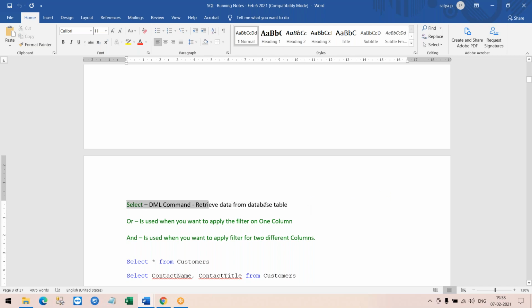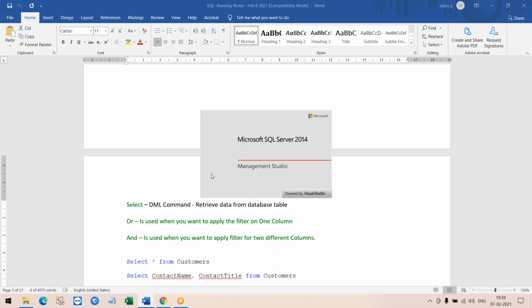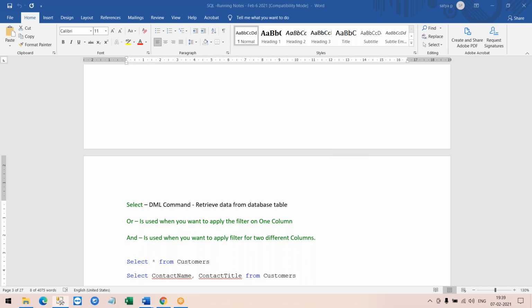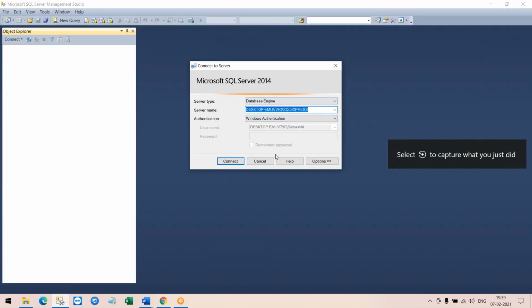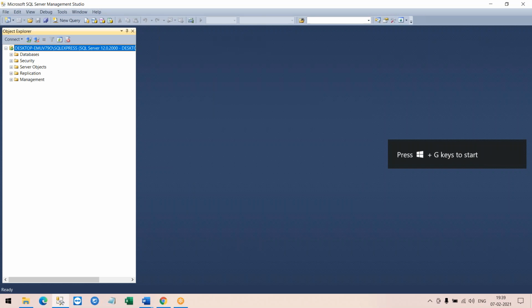So before we run some of the commands, let's connect to SSMS. SSMS is our UI to connect to your database. SSMS stands for SQL Server Management Studio. Now when I connect it, it connects me to the database. See, do remember it's an object-oriented software. It always shows the instance of it. You always have to refresh your objects every time to get the latest information what you are looking for.